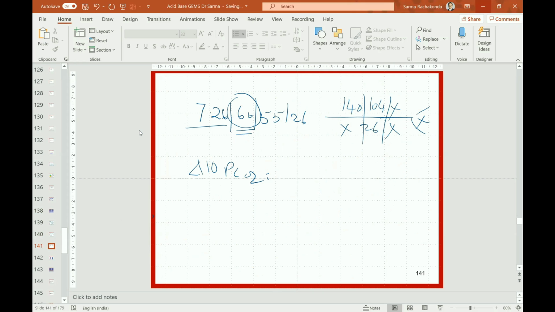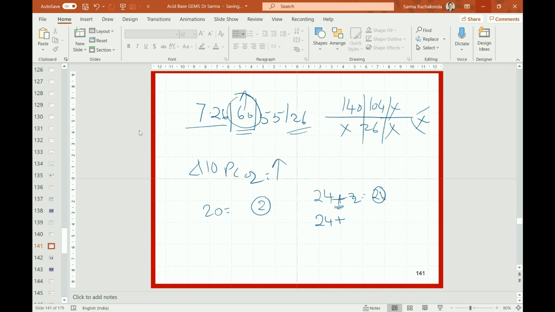Let's say here 20 units are there, we expect a shift in the bicarbonate by 2. So 24 is normal, there is a shift in the bicarbonate of 2, that is 26. This is what we are observing. And this should be on which side? PCO2 is increasing, bicarbonate also should increase. That's why it is plus 2. Suppose it is the other way around, we have to take minus. You decide minus or plus depending on the condition.